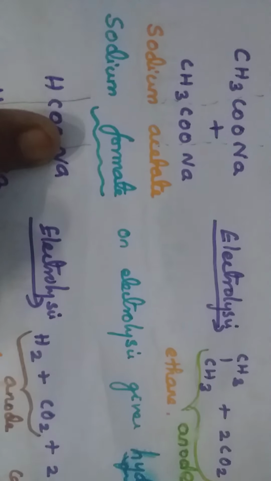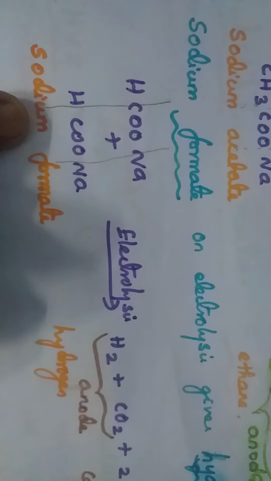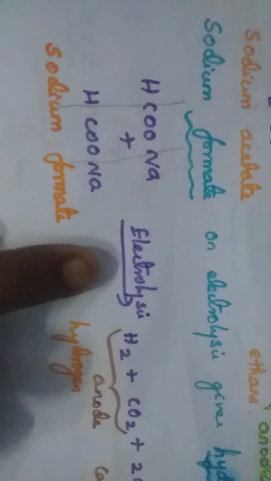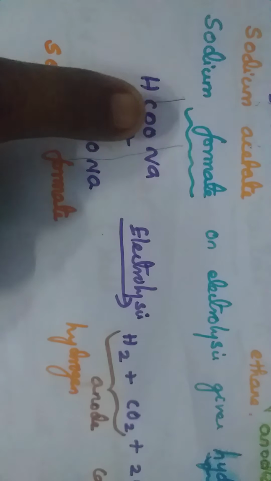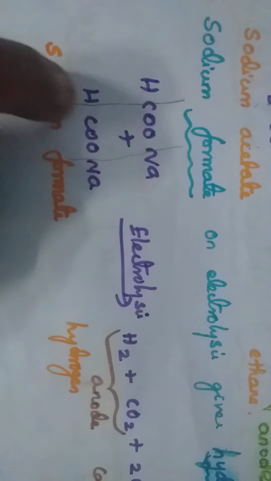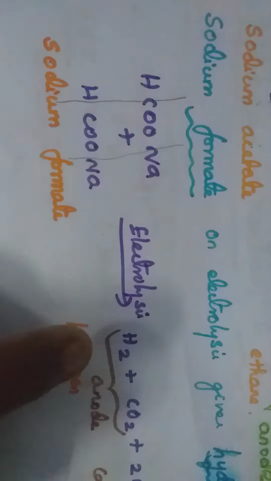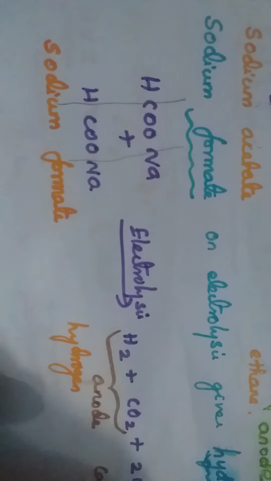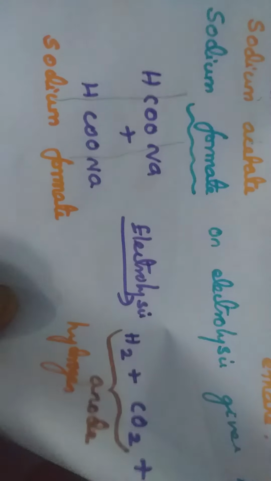Similarly, we are going to see sodium formate. What happens when sodium formate undergoes electrolysis? Sodium formate formula is HCOONa. On electrolysis, what happens? The bond breaks between the hydrogen and carbon. So this bond comes here with the removal of hydrogen. The CO2, 2 molecules, goes out, and 2 Na goes out. So we get H2 which is liberated at the anode with the carbon dioxide, and this is sodium. So this is the Kolb's electrolytic decarboxylation.